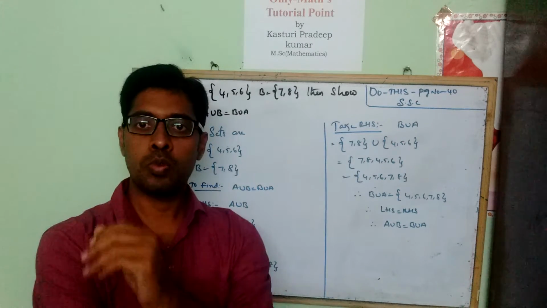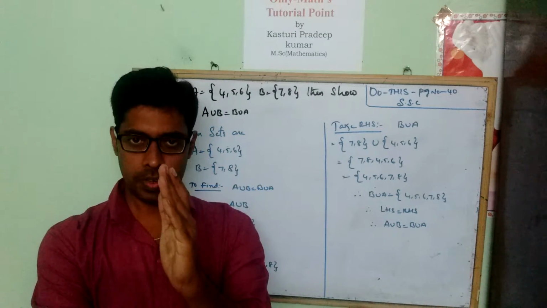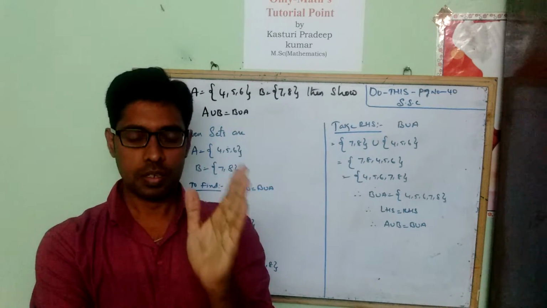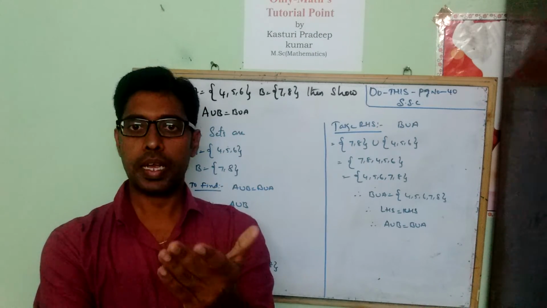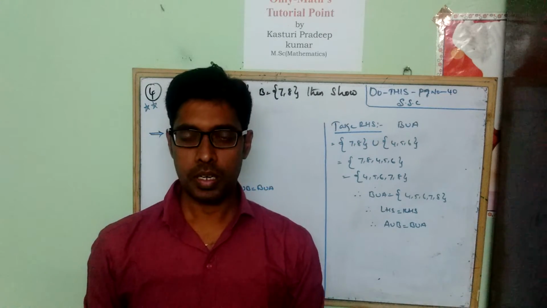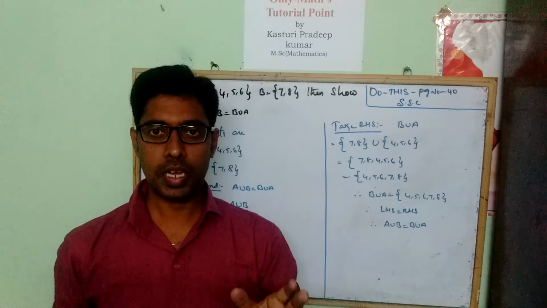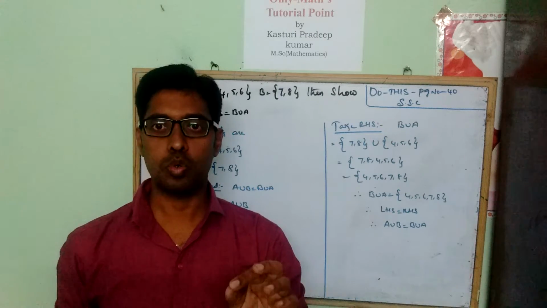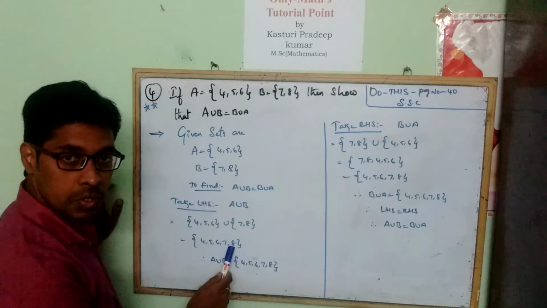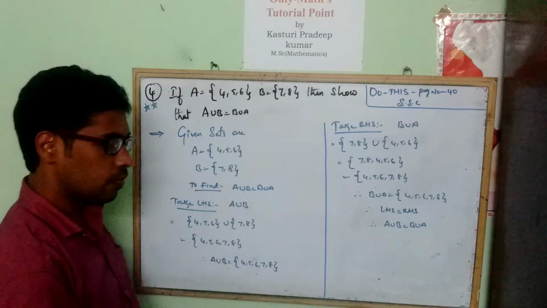So what does the union of sets indicate? When they are asking to find the union of the given two sets, we have to take the elements of both the sets combined without repeating any element. We should not take any repeated term. All the elements in the set should be distinct. Here 4, 5, 6, 7, 8, so all are different, so there is no repeated value here. So A union B equals {4, 5, 6, 7, 8}.